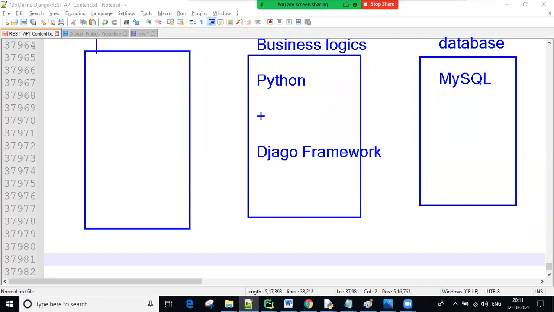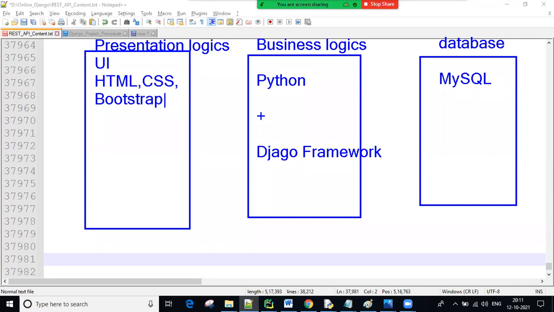That is for presentation logic. For presentation logic we use UI technologies: HTML, CSS, Bootstrap, JavaScript (simply JS), and jQuery, among a number of things on the presentation side. All these things we call UI technologies.